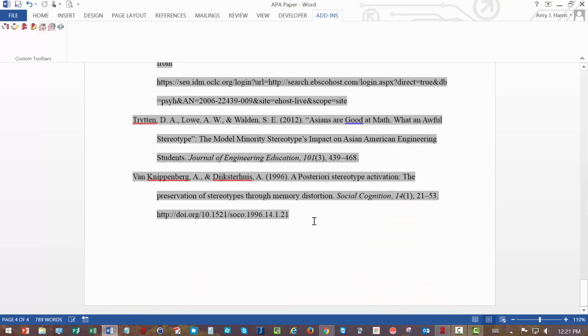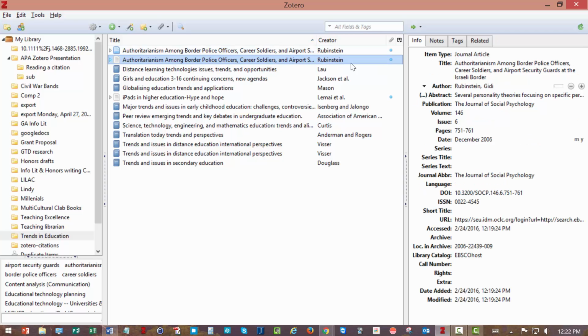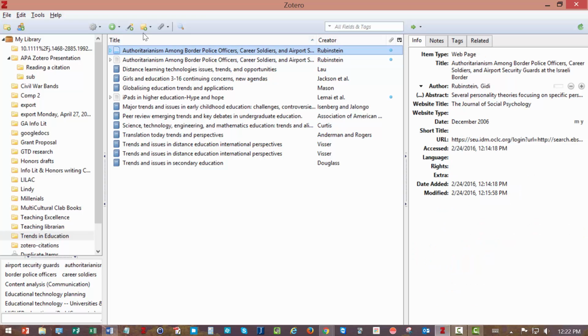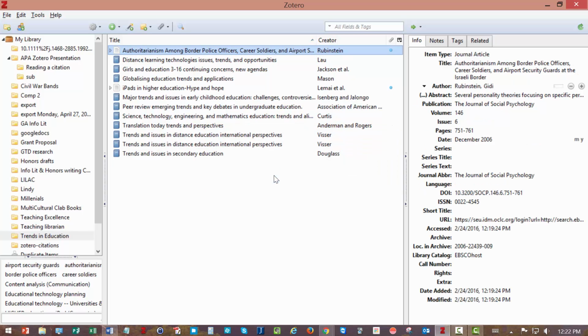What I would do is I would check a couple things. First of all, go through all your sources and make sure that if they are really a journal article, that they say journal article. If you have one like this where it's been changed, just delete this whole thing. Just highlight it, hit the delete button. Yes, I want to remove it because I found it's almost impossible to make it go back to what it's supposed to be. So you need to go back into EBSCO and recapture it, make sure that it's capturing it